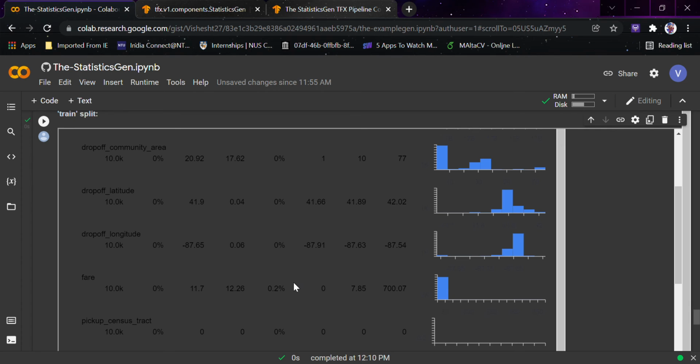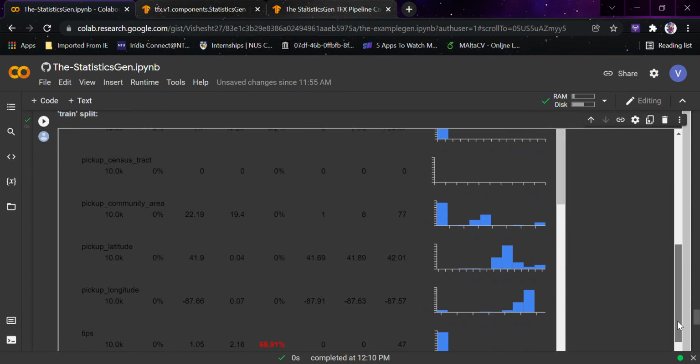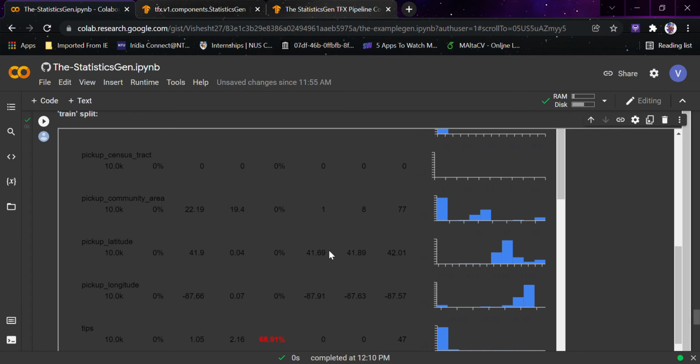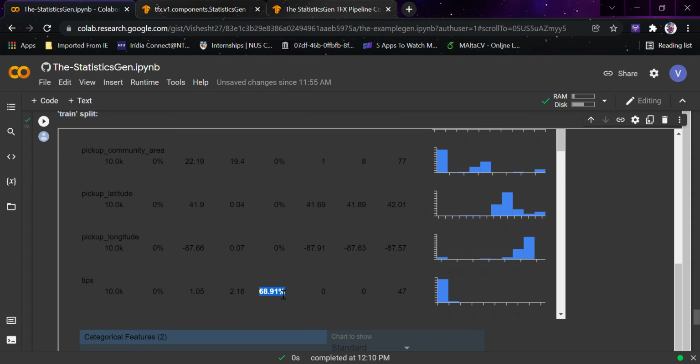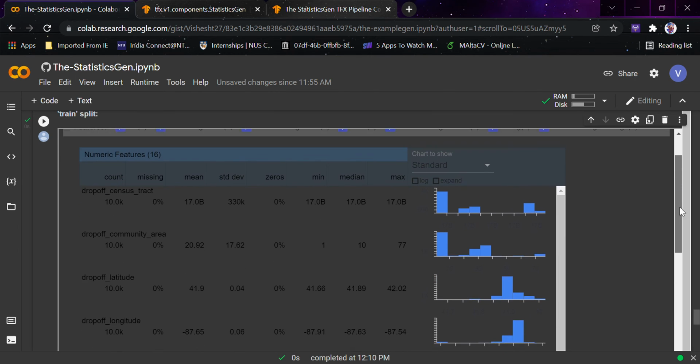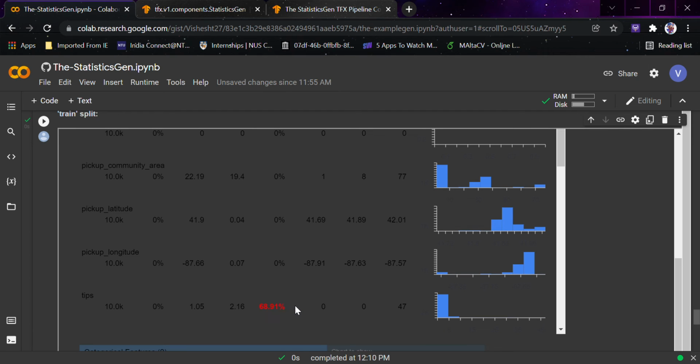but it is possible in fare that you don't give any fare, even though it's a very rare chance, but still. Now coming to this pickup community area, pickup longitude, all the things are good. Now why is it displaying 68.91%? Because zeros are a lot here, the tips are a lot here. 69% answers are zero here, but nothing to be worried about if you know things about the dataset. There is a possible chance that you don't give any tip to your driver, not a big deal. In India no one actually gives that. So this is not a thing you should worry about.